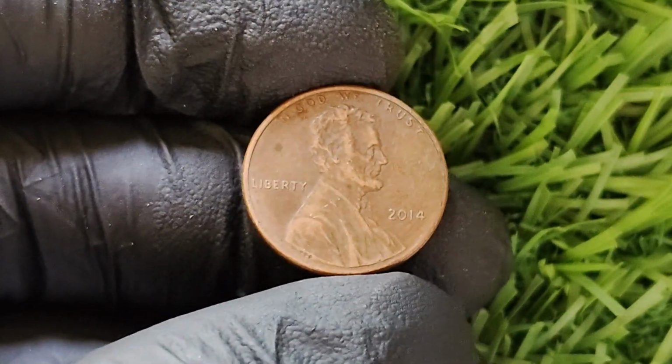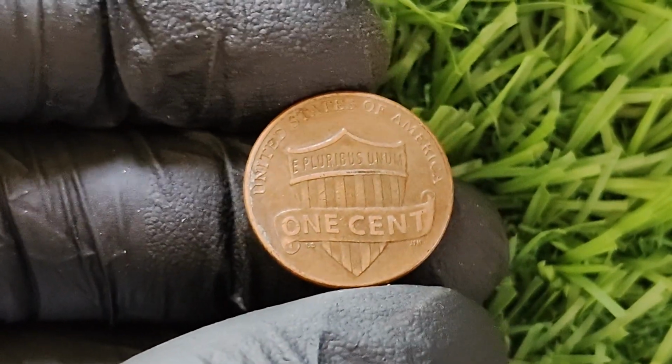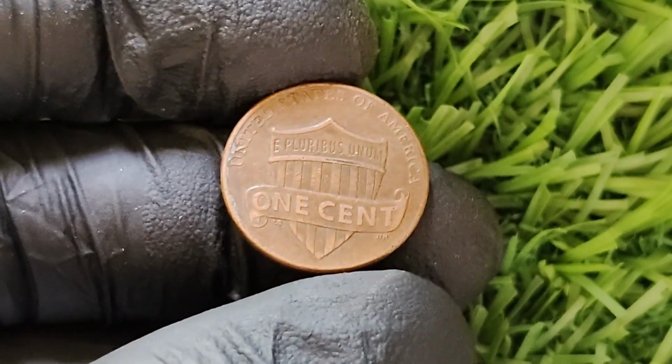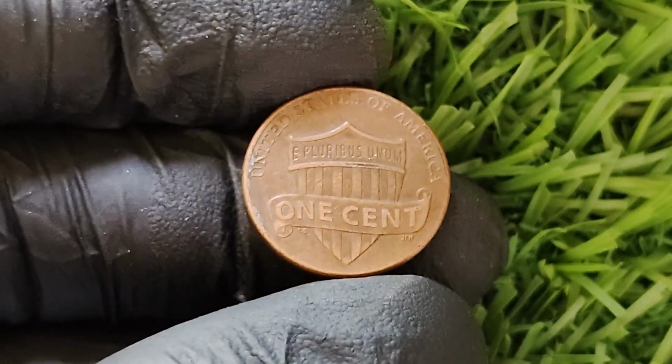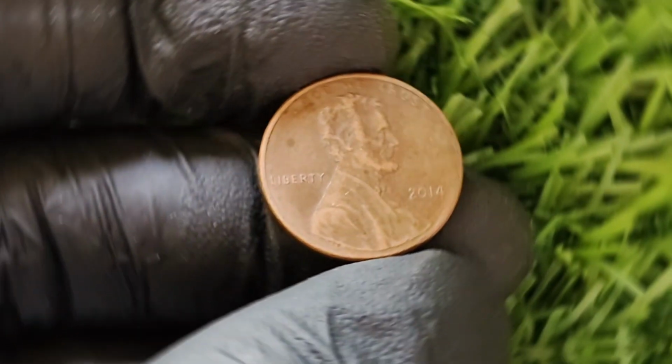So I'm in line at my favorite local coffee spot, waiting to pay for an overpriced muffin and a cup of coffee that tastes like burnt ambition. I reach into my pocket, and I'm short by 1 cent. 1 cent. I didn't want to break a 5, so I dig into my wallet's coin slot and toss a penny on the counter. The cashier gives me this look like she's about to judge my entire existence over 1